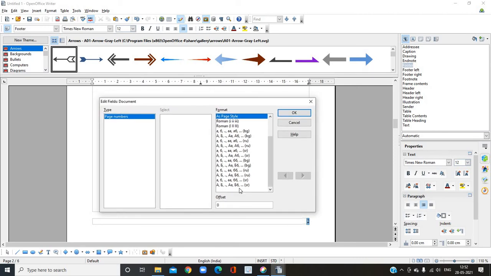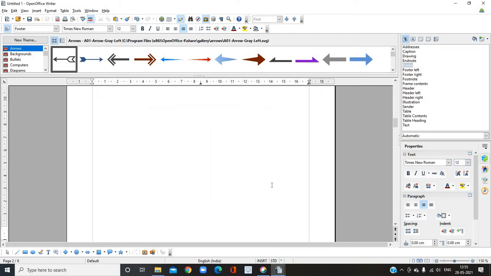Here at the offset field, this is the format; you can take any format in this. In the offset field, I would like to give -1. Why am I giving -1 here? I want to leave one page empty. I don't want to give any page number to my first page. So that's why I am giving -1 here, so it will not be displayed. Look here, click on OK.